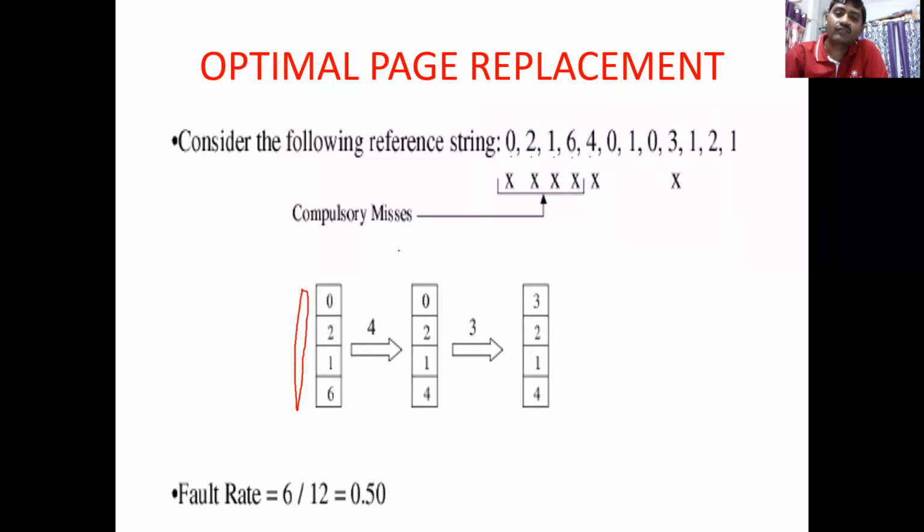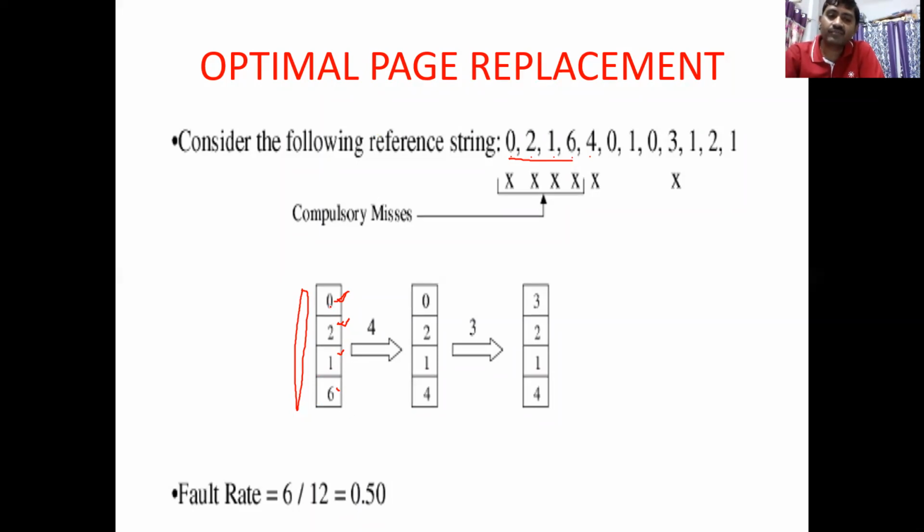So the first one, we store it as the first, right? The next one will be stored in the second. When the first one is stored, it is called a miss, because it is not matching with the reference. So we take from the memory reference and we store it here. And the second one, we take from the memory reference and store here. And 1 and 6. These 4 are placed. So now this frame is filled.